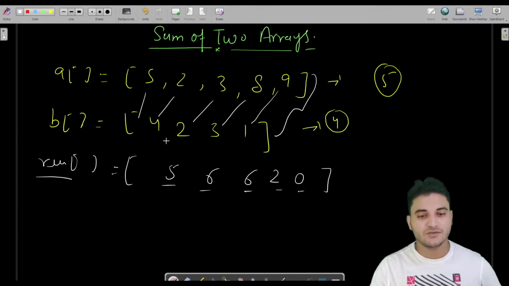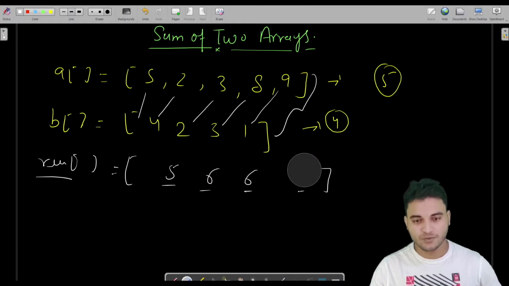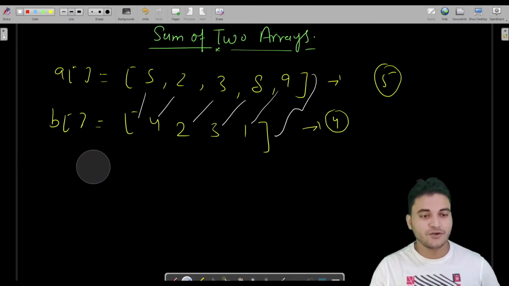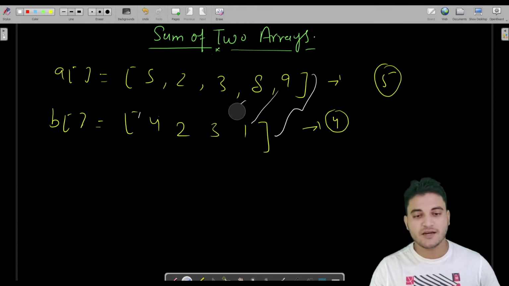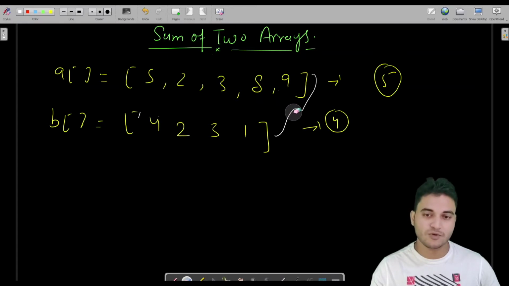Fine. So this is the question which we have to cover. Now let us see how we are going to approach this particular problem. If you are following the number system series, then you must know we have already done the same program previously, but for two numbers. Now we have to do the same thing for two arrays. So I am pretty sure that if you have watched that video of adding two decimal numbers, then in 99.9% of cases you would be able to solve this problem, because it is exactly similar to the previous one which we have done in our number system series.